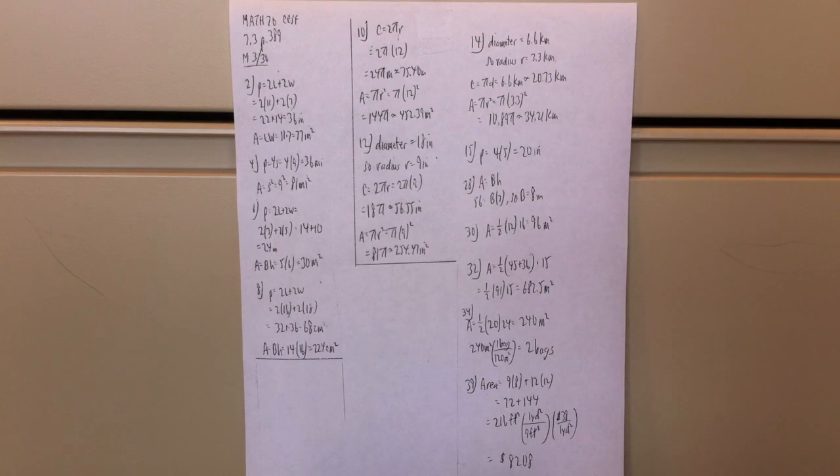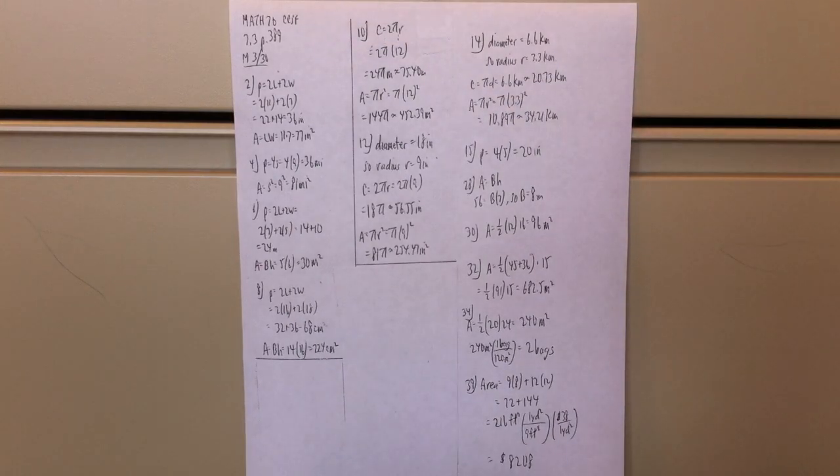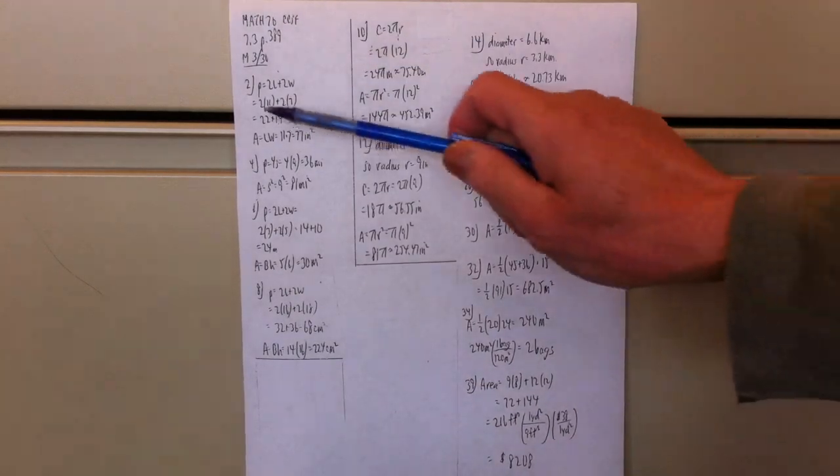These are notes for Math 70, City College of San Francisco, for Monday, March the 30th, 2020, section 7.3 on page 389. Just like I did in class, I will do most of the even problems and some of the odd problems. Question 2, as for the perimeter, the formula is 2L plus 2W, so we plug in 2 times